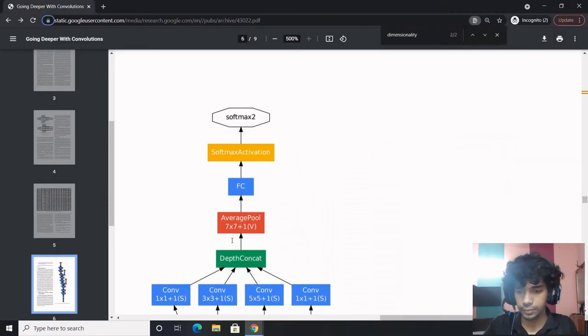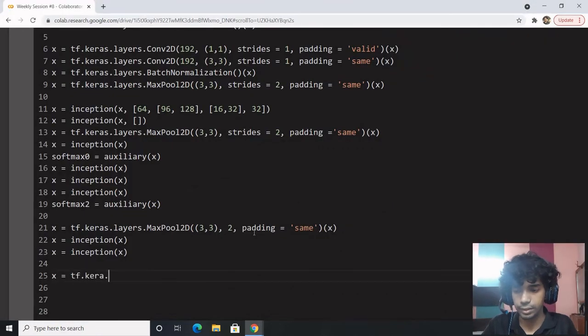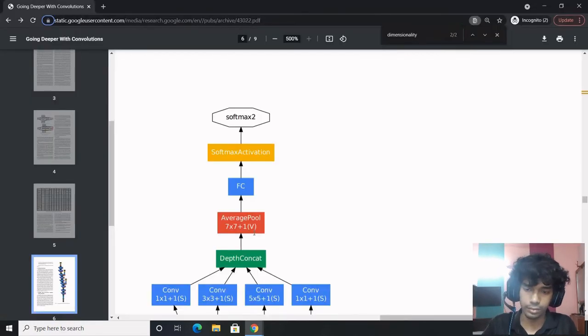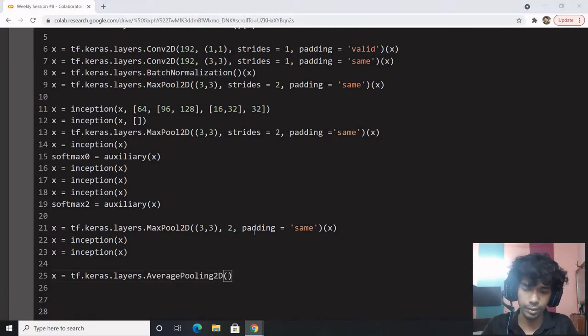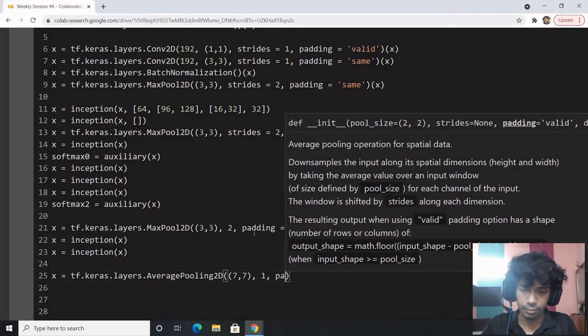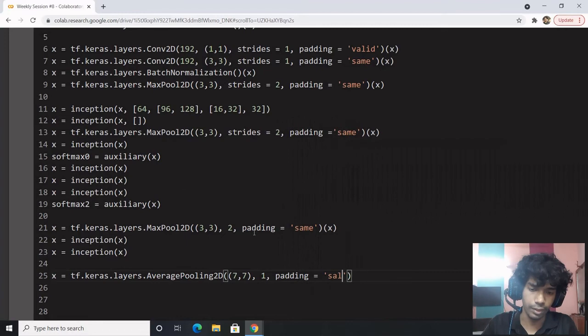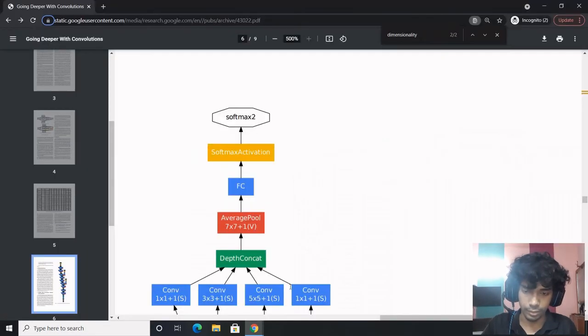X equals an average pooling layer, tf.keras.layers.AveragePooling2D, which has 7 cross 7, strides as 1, padding equals to valid over here as mentioned.